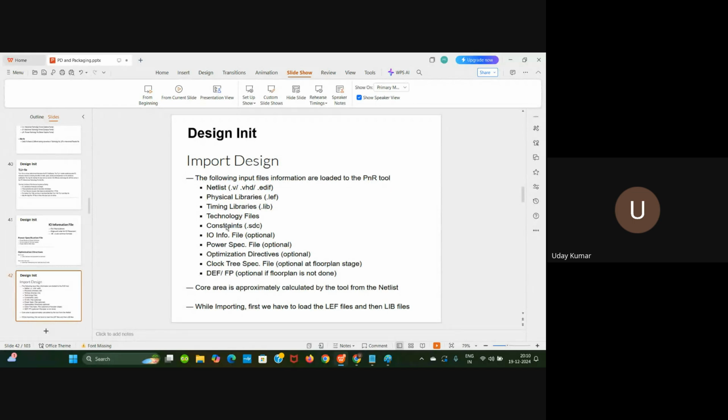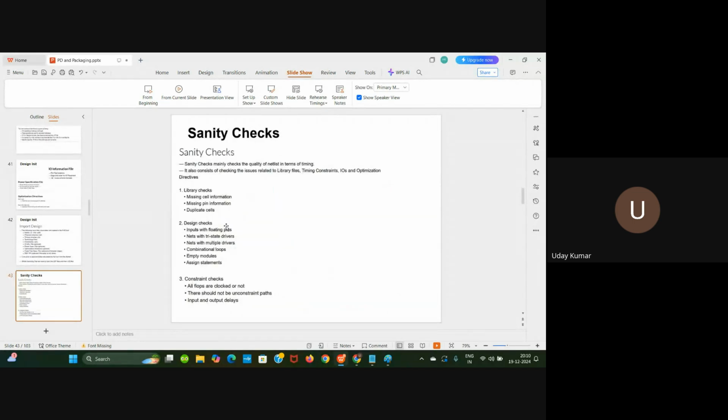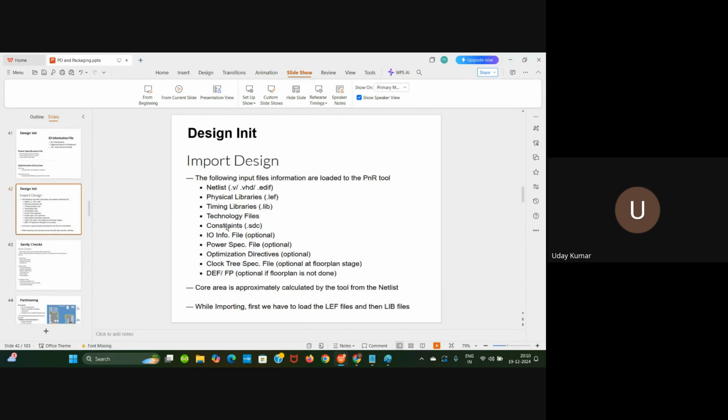So now, before going to the floor plan, we will have to do some sanity checks. The sanity checks will be done before